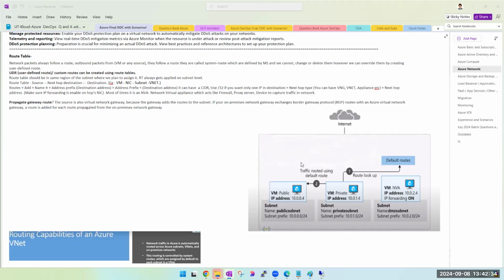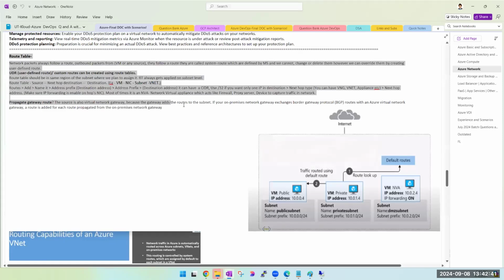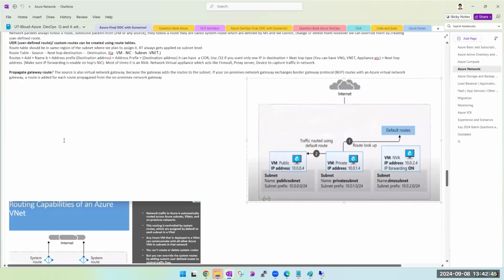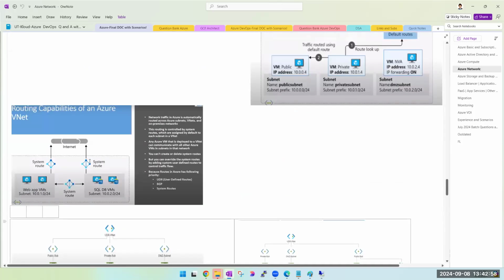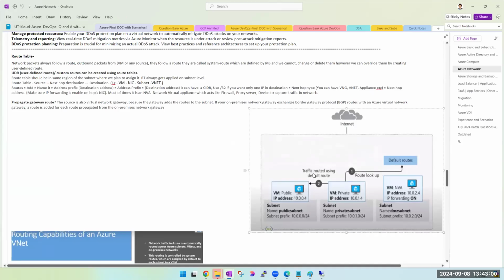So if you guys want to practice this and don't want to wait till the next one, I have already shared this with you. Just make sure you do not save a copy of it, because then you don't get the updated one. I have updated some steps here, and I have updated this one as well. So always use the online copy. Okay, here it is. I had written the name IP flow verifier. Right. So make sure you follow this and try to perform this practical.